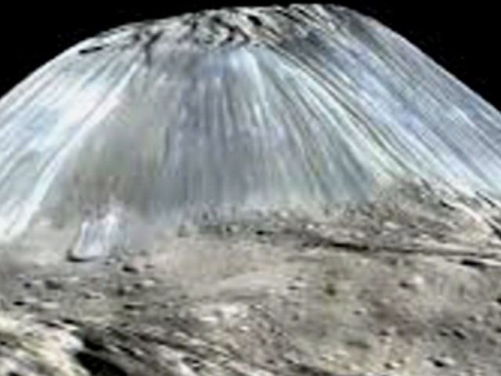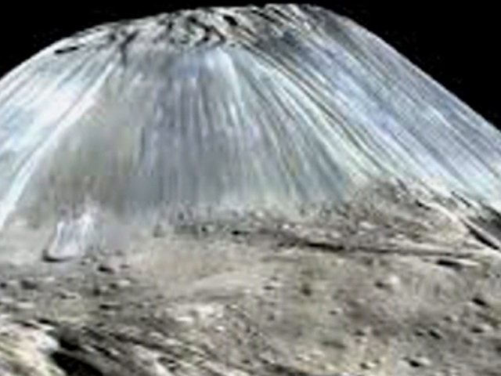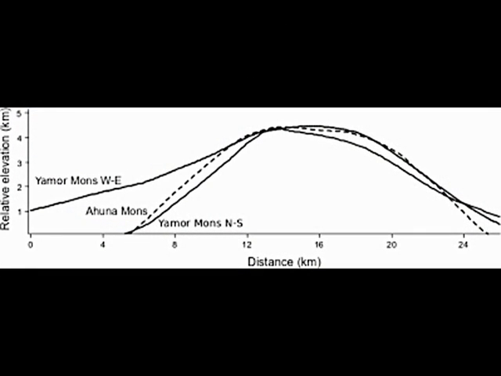Kirwan itself displays evidence of the effects of liquid water due to impact melting of subsurface ice. Yamor Mons, an impact-cratered peak, resembles Ahuna Mons despite being much older, due to its lying in Ceres' northern polar region, where colder temperatures prevent viscous relaxation of the crust. Over the past billion years, 1 cryovolcano forms on Ceres, on average every 50 million years.